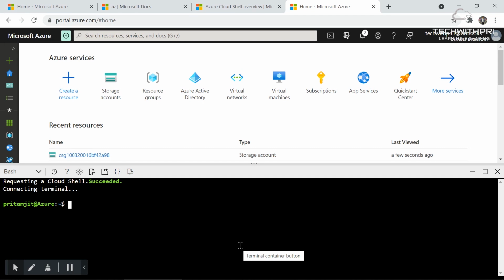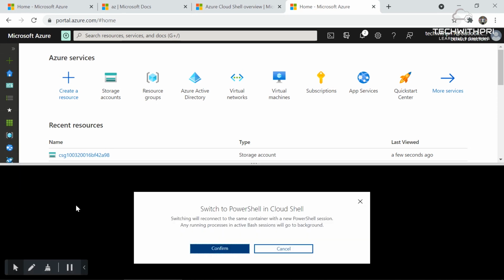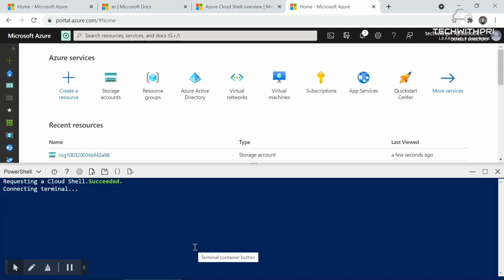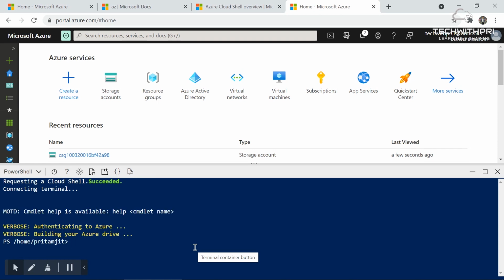Okay. All right. Then we have a bash here. So again, you can use bash and PowerShell. And a good thing about PowerShell is, I will again switch back to PowerShell. In PowerShell, you can also run bash commands. It will work. I'll show you. Okay, now we have got the idea of Cloud Shell. We'll see why we need to know scripting.